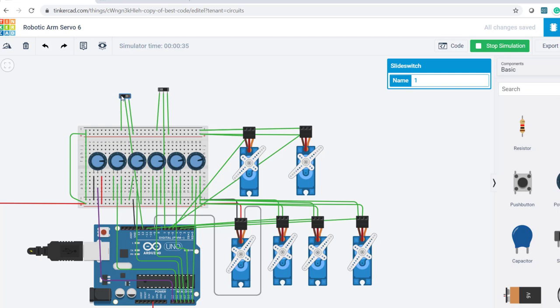Now I am turning off the recording. If I play this button, they will come to the initial position initially and move to the final position accordingly. So in this way, the record option can be used and can be replayed accordingly. Really, it is useful in the present applications of robotic arms, the record and replay options.